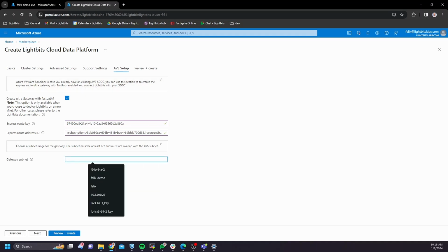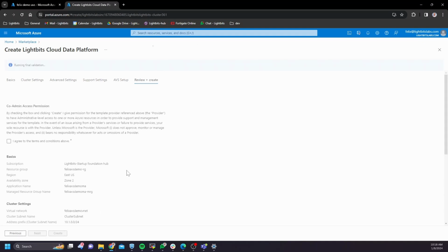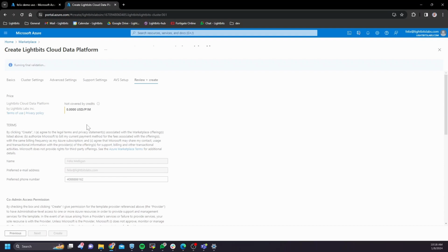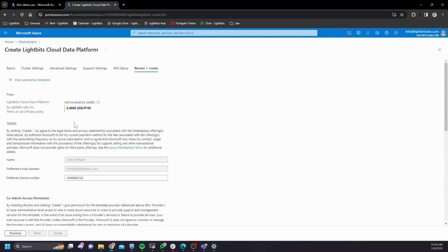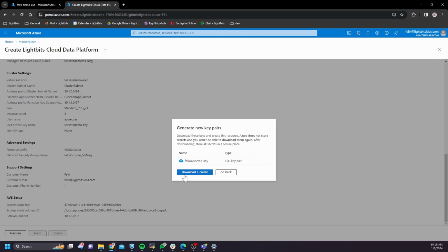I'm going to use the next logical address space. From here, I just review my entries. I need to click that I agree to the terms and conditions specified that Lightbits will deploy a managed application in my subscription, and Lightbits will manage this cluster for me if I choose to, and therefore resolve any problems that may occur. You can see I'm generating a new key pair, so it's going to give me the option